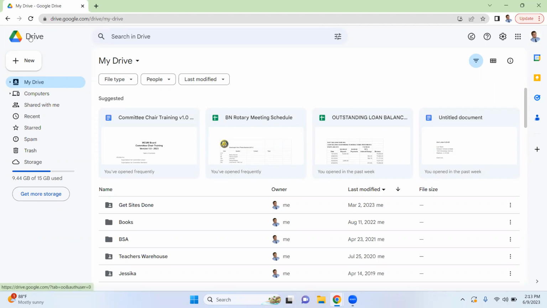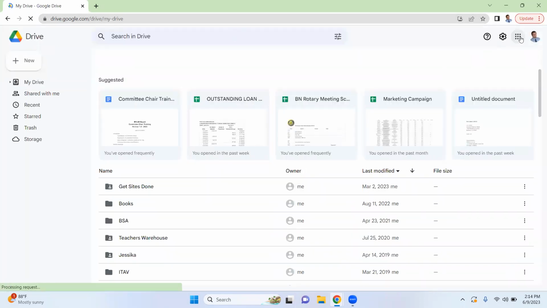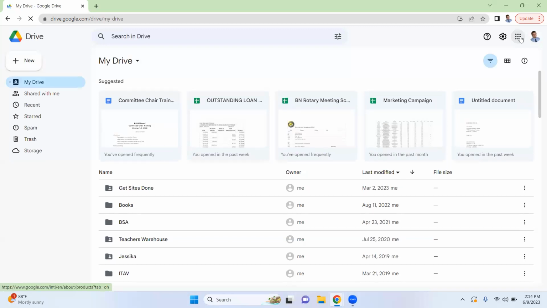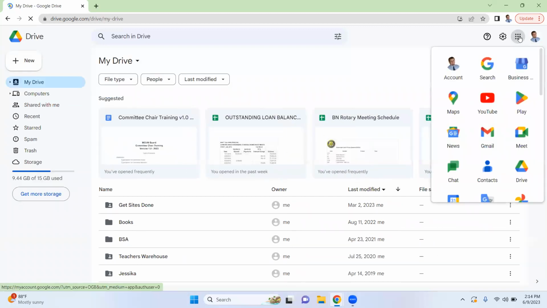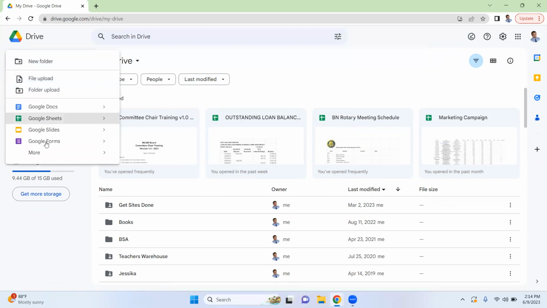Once you have a Gmail account, you'll go into your Google Drive. This is where you have access to all these different things. If you are logged into your Gmail account, you can click on the dots up here and you can come down here to Drive. And that'll take you where we are here. Once you're in Drive, this is where all of your different documents are. You can say new, you can say Google Form, what you want to